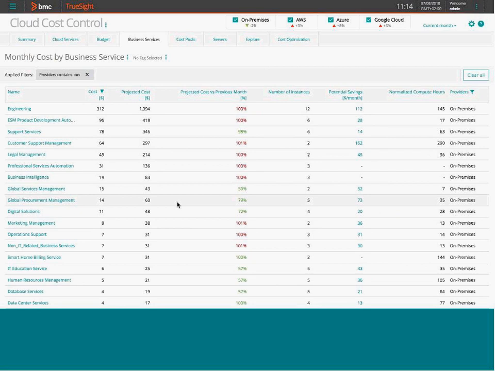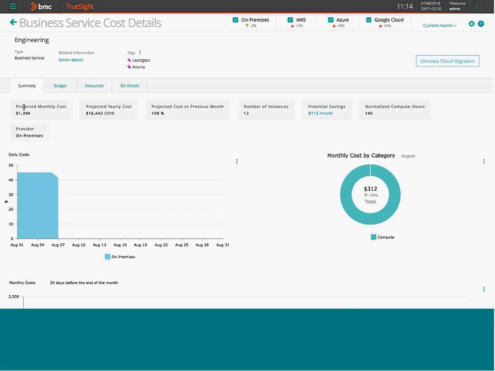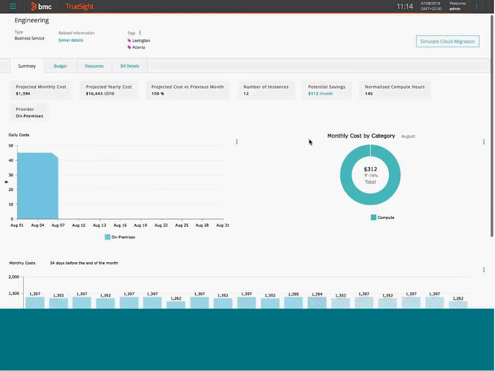In the cloud, that business service is driven by your tagging conventions, and we can plumb it so that we can identify which tag is going to be used to derive the business service. But here I'm looking at the business services and the cost of those business services in descending order. And what I can do is select the top one,